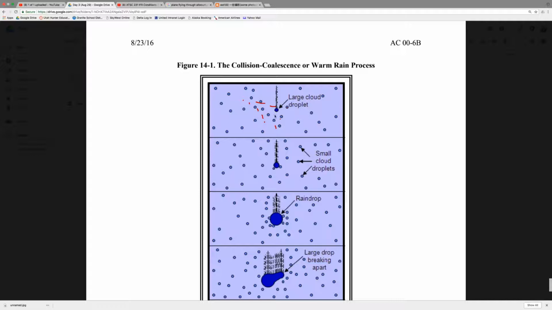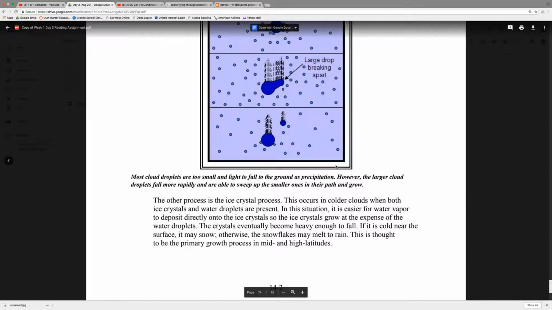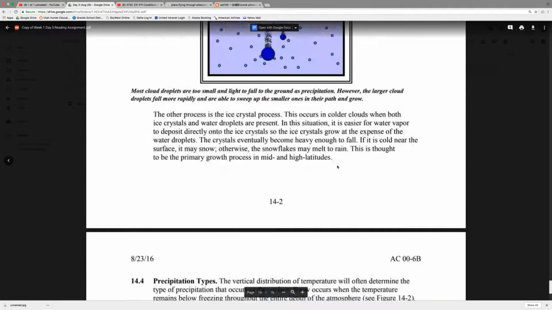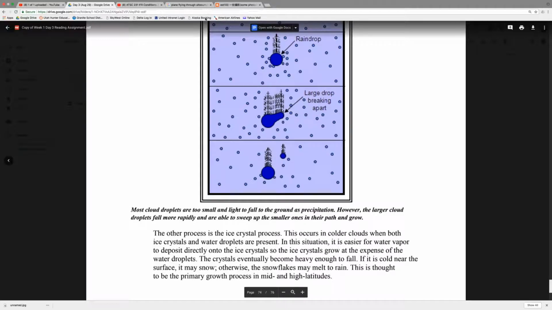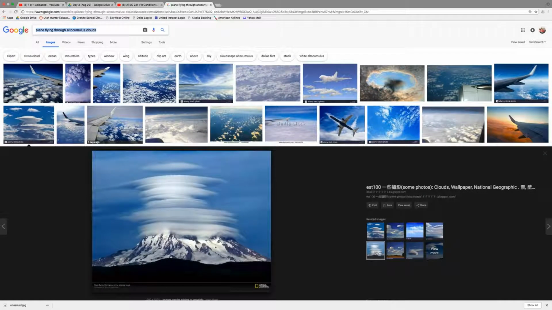Well, what happens is they start falling, and as it falls, more of these little small cloud or rain droplets attach themselves to it until it forms a water droplet, which we call rain. Sometimes what happens is this rain evaporates before it hits the ground, and we call that,